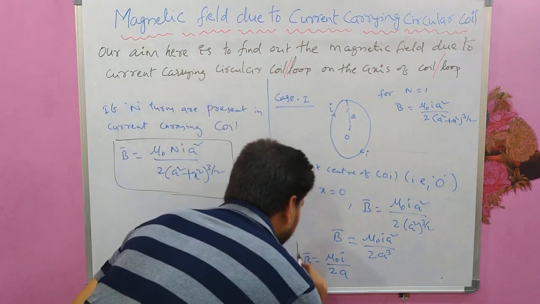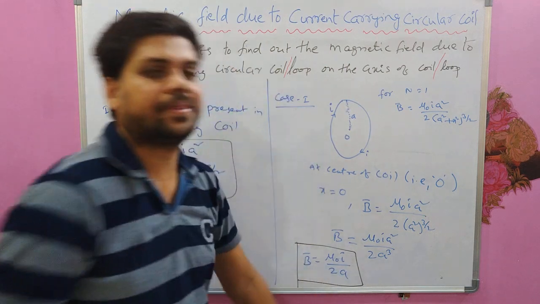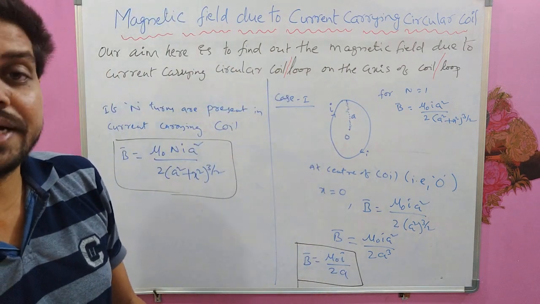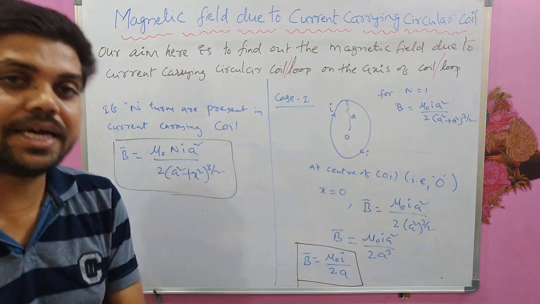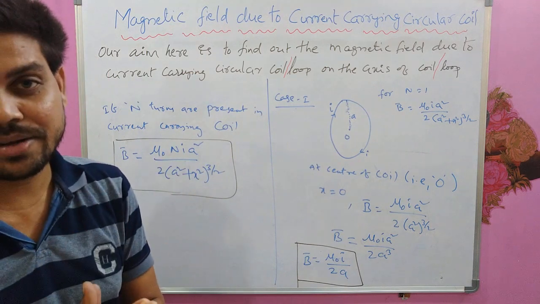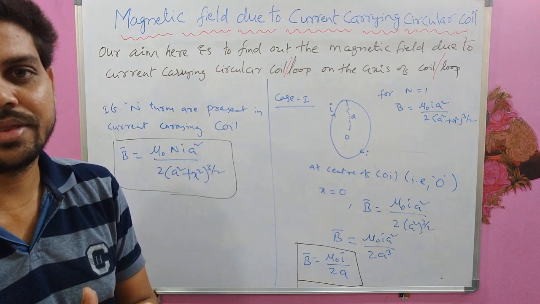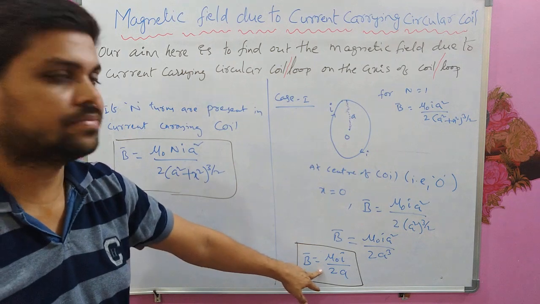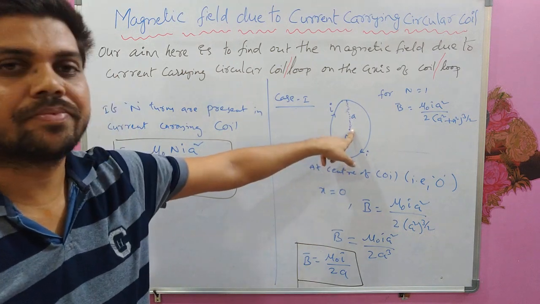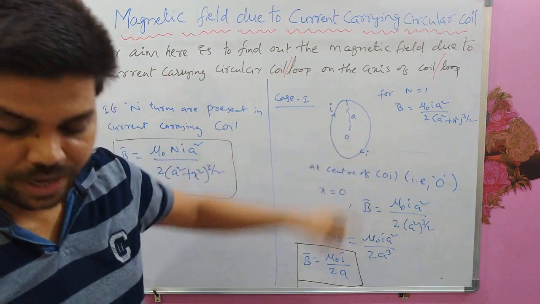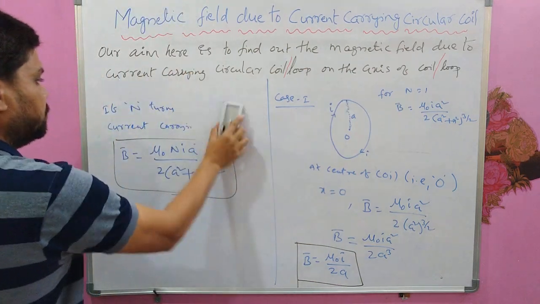So this is very, very important. What is the magnetic field at the center of the current carrying coil is this here, right? And case 2,